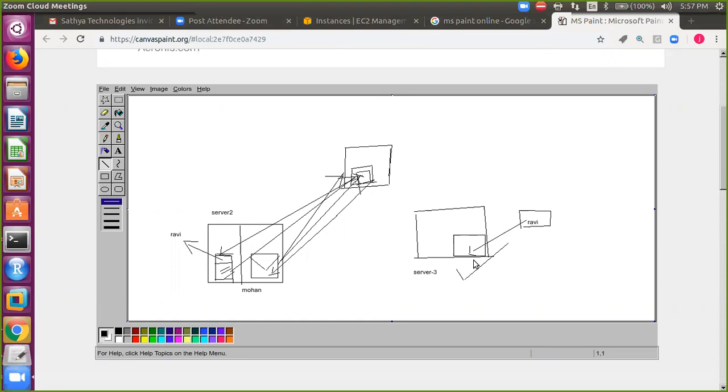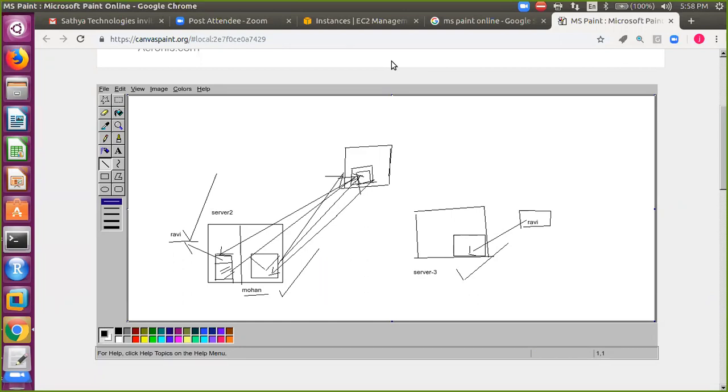Instead of creating one more new server, I am just creating another account on the same server. So just assume that these two developers are working on two different servers. Is it clear, sir? Please respond. Or else I need to create one more new server, and within that server I need to do SSH configuration, all those things.